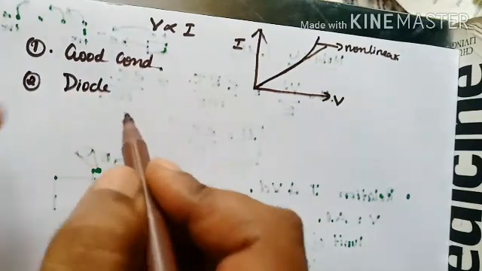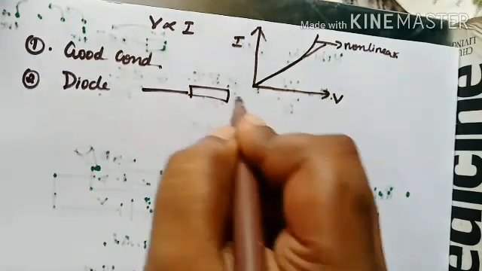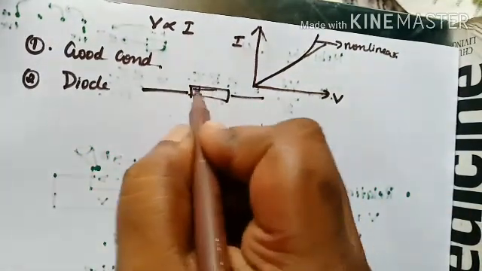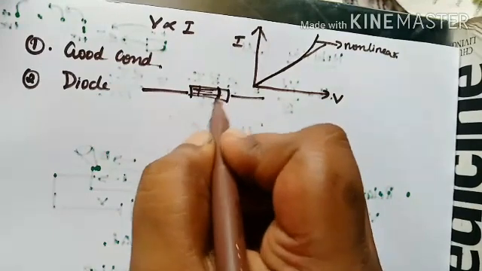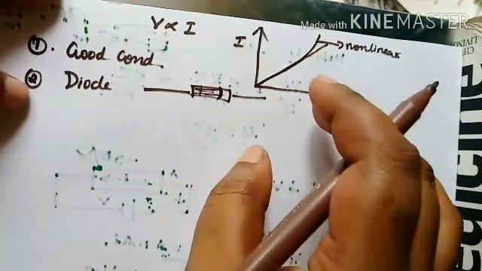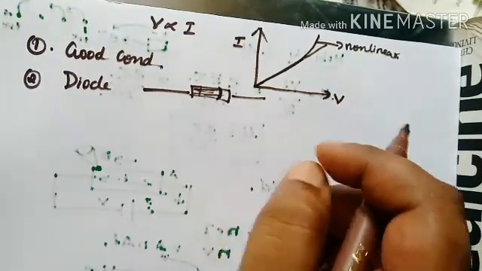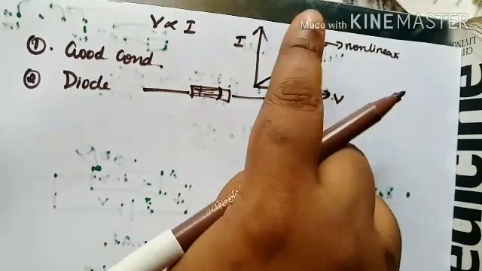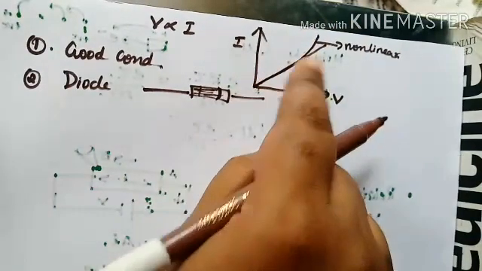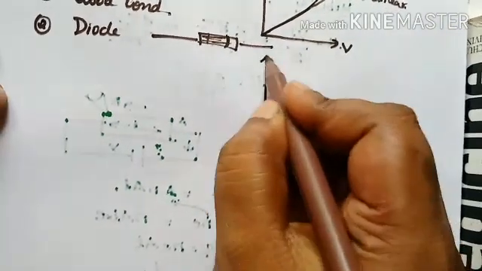Now the second type of material is called a diode. You might have seen diodes in your circuit. It is entirely black with one silver band on it. You can even make a radio using a diode, a few resistors and a transistor. Anyway, in a diode also the graph between voltage and current is not linear, and there is also a reverse current flowing. When you consider the graph, it will be like this,